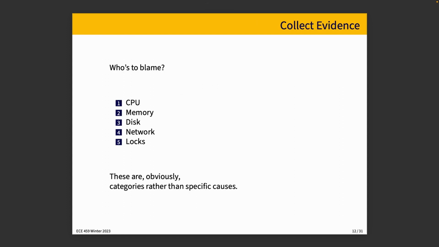Okay, so with the wisdom of Mr. Holmes in mind, we need to collect some evidence before we reach any conclusions. And at a high level, we have probably 5 potential culprits that we could look at, and they are CPU, memory, disk, network, locks. We're going to talk about them in that order,